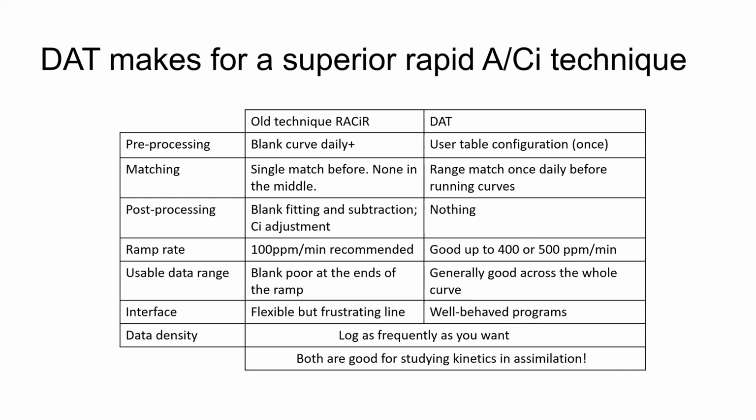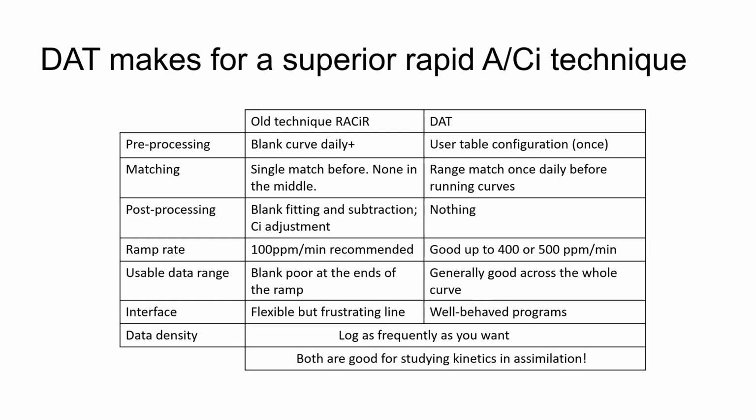And then the other big change is that the recommended ramp rate has been expanded. So with RACER, you were generally in questionable territory if you ramped faster than 100 parts per million per minute. With DAT, 400 parts per million per minute max is recommended, but I've used 500 parts per million per minute